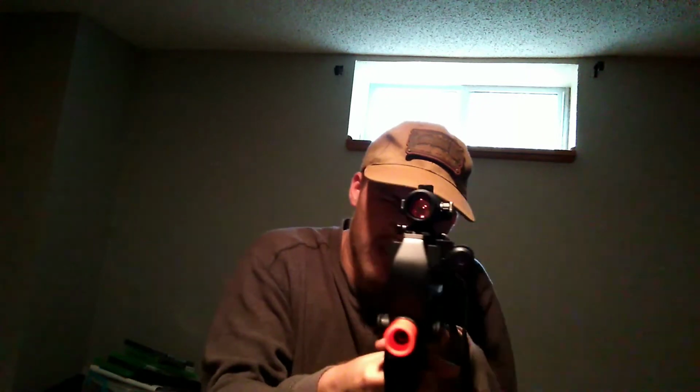Let's see how it looks with my... Aiming at myself right now on the right side of my face. Barrel still points a bit to the right. Jesus, my optic keeps pointing way up, so...